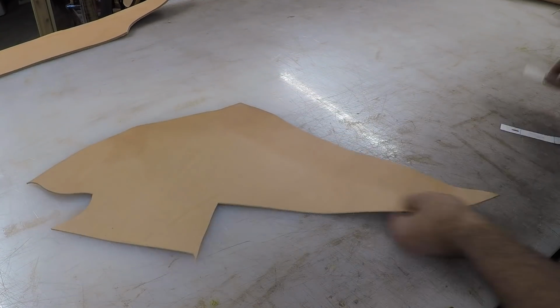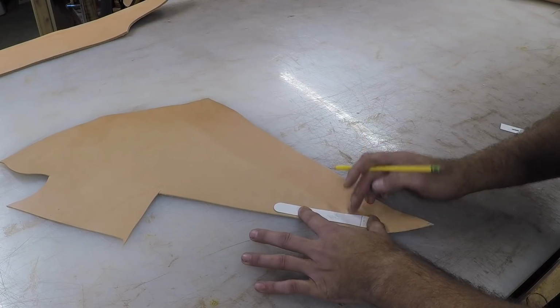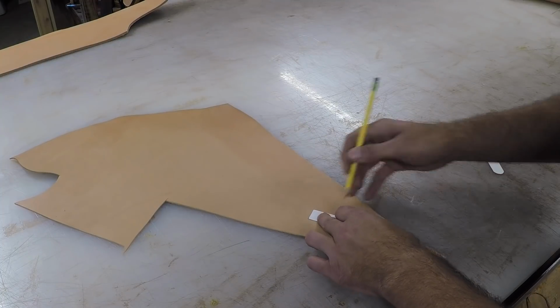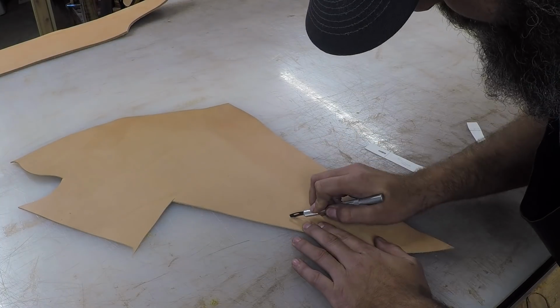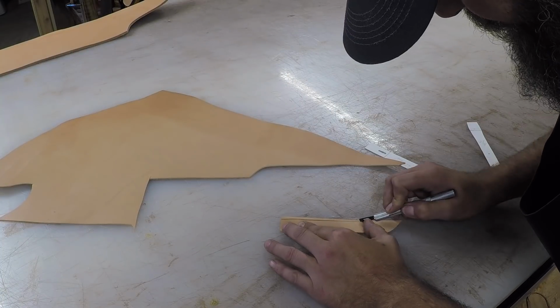Alright, so here we've got some 5/6 ounce Herman Oak, and we're going to go ahead and cut out the bodies of the simple lined watch band. And so like I said, we're going to go ahead and cut all the parts for all the watch pieces, and we'll get them all tooled and all dyed, and then we'll assemble each one individually